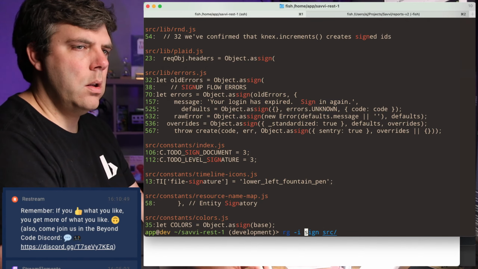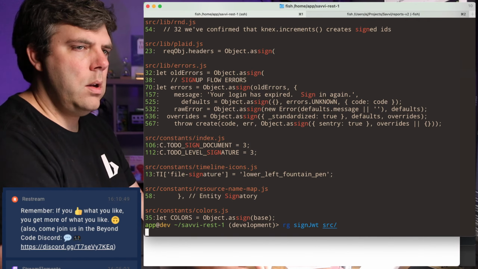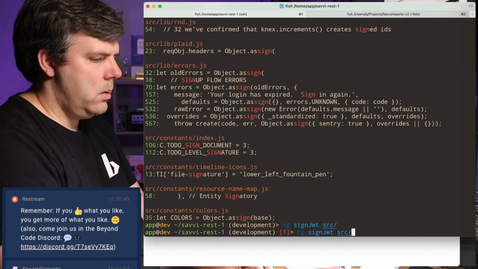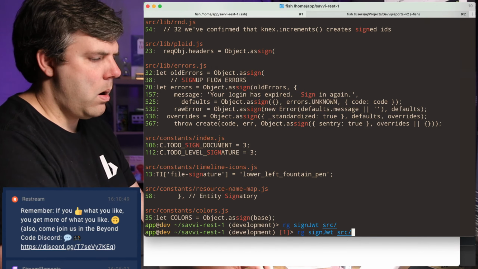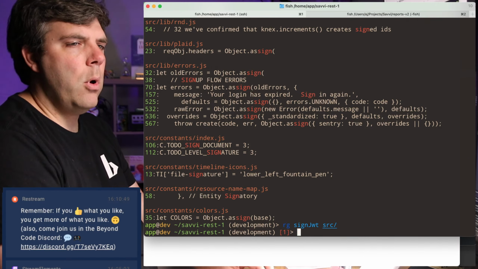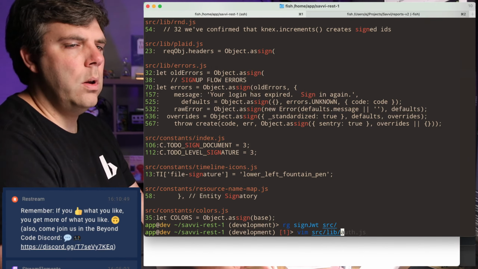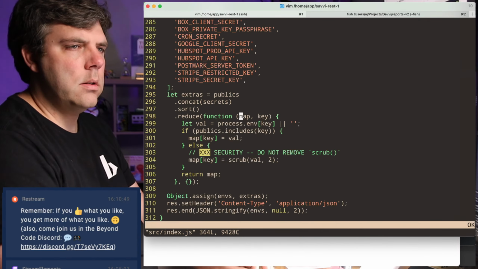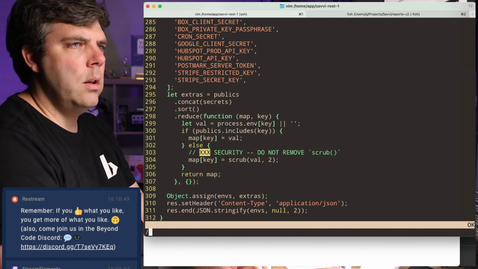Okay. Sign JWT. There's no way that that's not in there at all. If nothing else, I'm almost positive. Let me go into... Oh, maybe it's in source index. Yeah, that would still be the same thing.